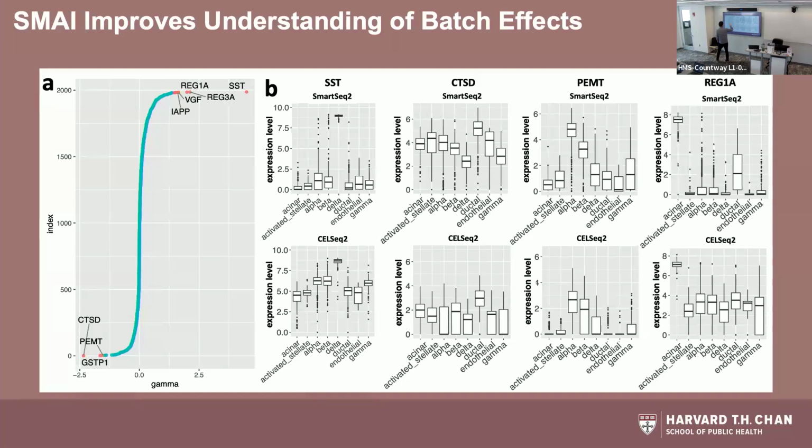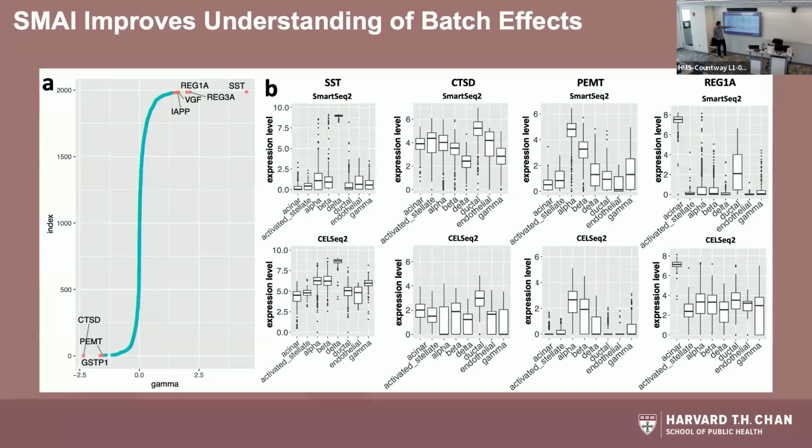For example, between these two data sets, one based on CEL-seq, the other based on Smart-seq, this is the mean shift vector that we solved from this optimization. It turns out that there are only a few genes whose expression measures go through a global mean shift in order to align the two data sets together. And some of these genes are just marker genes of some cell types within this data set. And as you can see here, it can sort of give an explanation of what created the batch